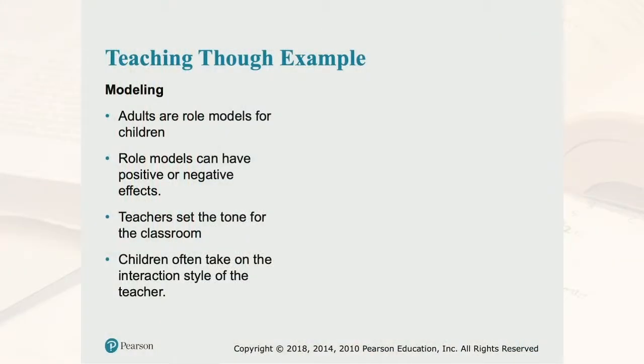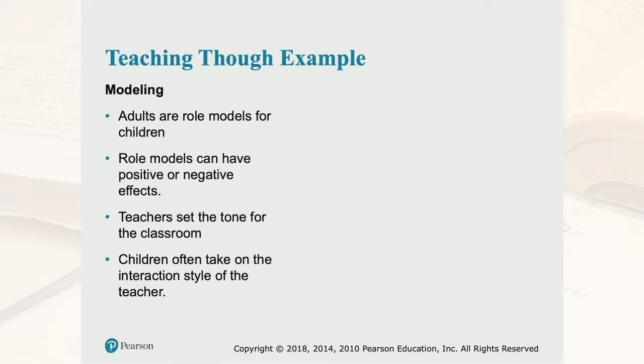So how do we teach desirable behavior? It is through example, through positive role modeling that children learn acceptable ways to behave. So we are role models for children, and our role modeling can, if done incorrectly, be a negative experience. So we really want to focus on those positive things. It's those negative experiences that really impact children and can cause behavioral issues in children.